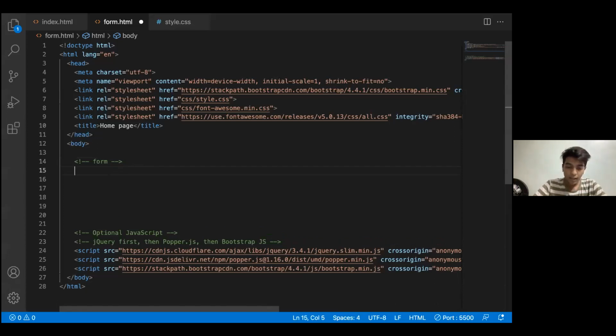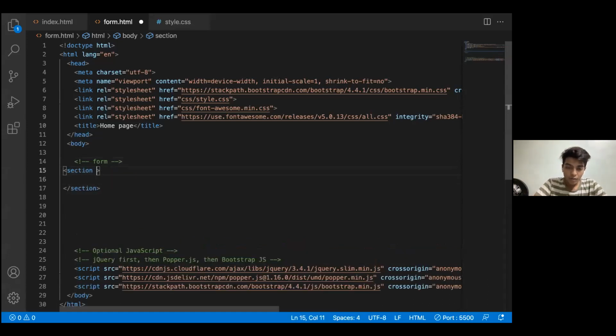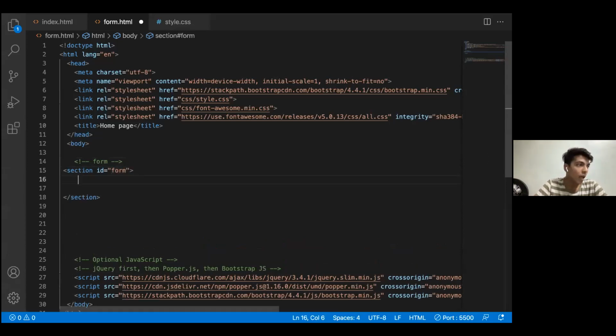So firstly, as I have told you, we start with a section tag, give it an ID of say forms. If I want to use that ID, I'll be calling it with a hashtag in the style.css. Then we give it a container.